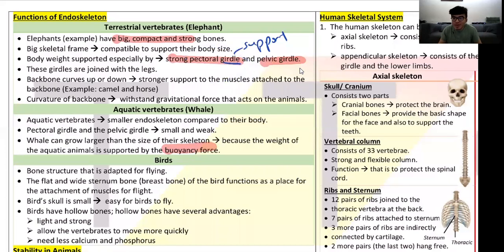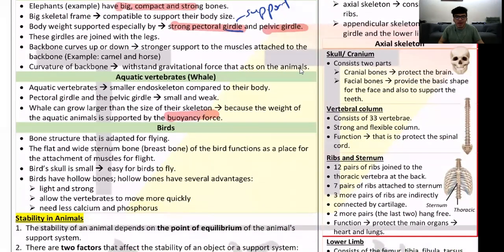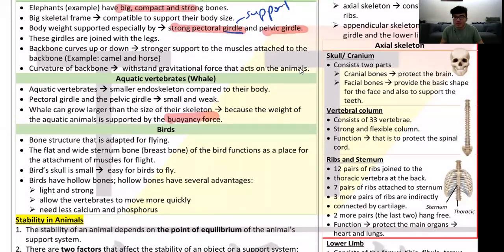So this is like building a house. Okay, I need to build a column first, and then I build the support. I build the horizontal support. Okay, so they are more important than you think. Without pectoral girdle, you wouldn't have your upper limb. You will not have your upper arm,